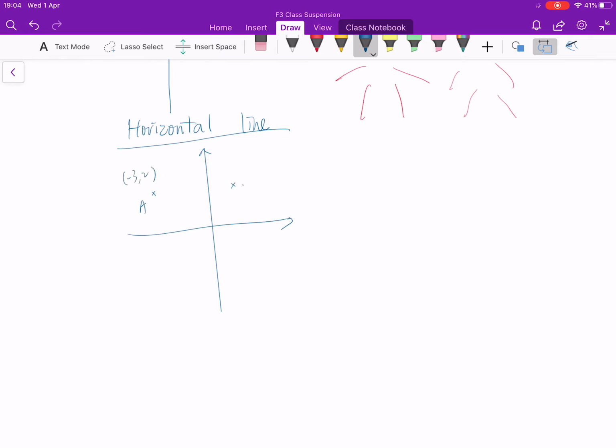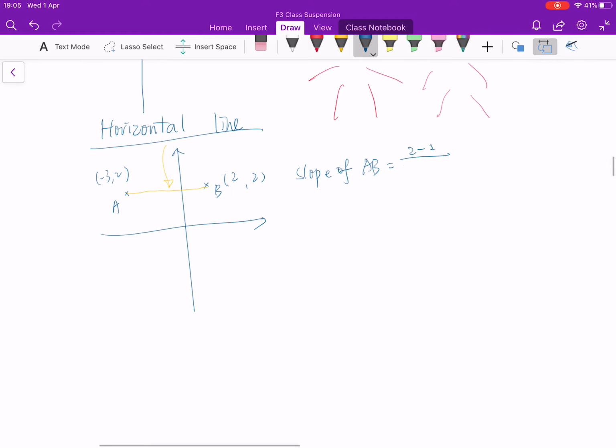Then for a horizontal line, if AB forms a horizontal line, the y coordinate of B should equal the y coordinate of A, which means 2. Then I create any x coordinate I like, maybe 2 also. Then the line joining AB is a horizontal line. Let's try to calculate the slope of AB. Difference of y coordinates divided by difference of x coordinates. You can see that as they form a horizontal line, the y coordinates of A and B are always the